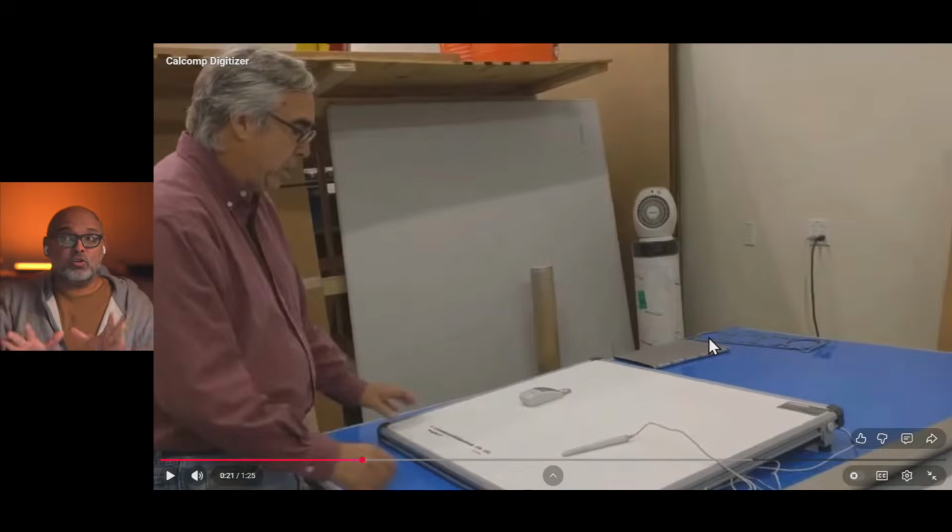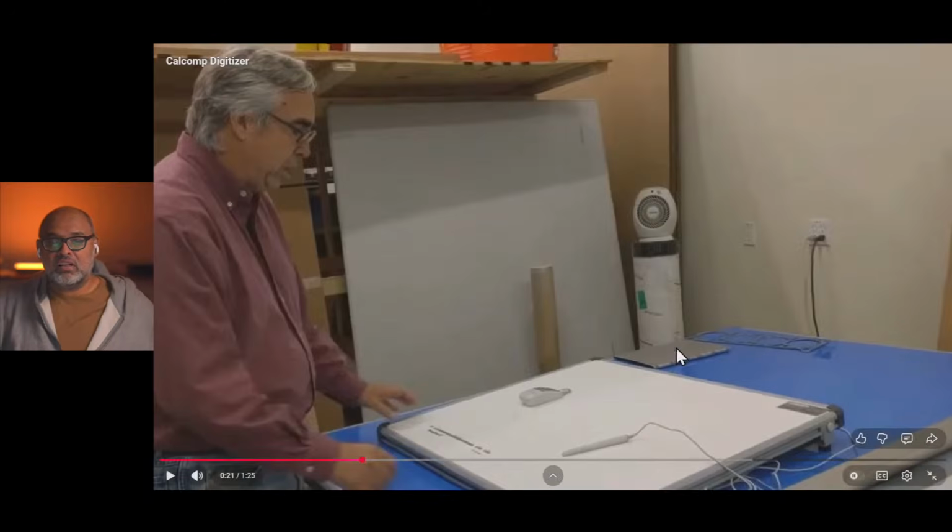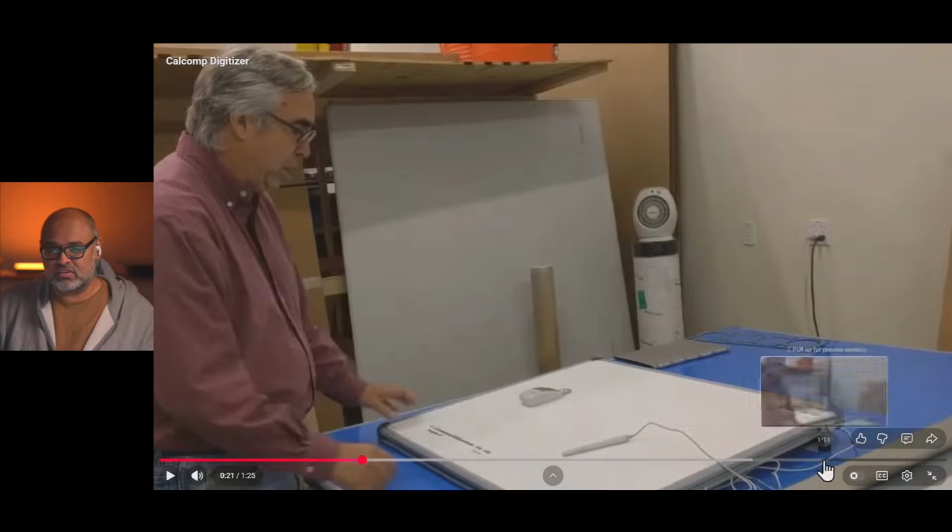Okay, notice how big this thing is. This is bigger than anything you would have ever used in life. Okay. What else do you see on the digitizer? You see, I forgot what they actually call this, but it's like a cursor or a puck or something, and then of course here's the pen, and notice that cord is there. Again, notice the size of this, and there's more size surprises coming.